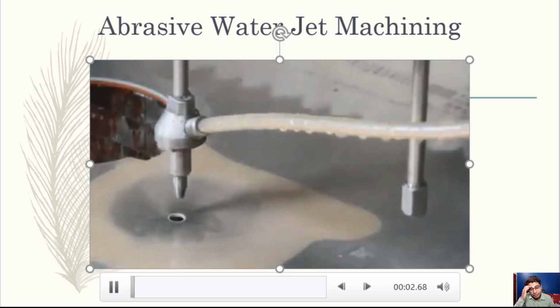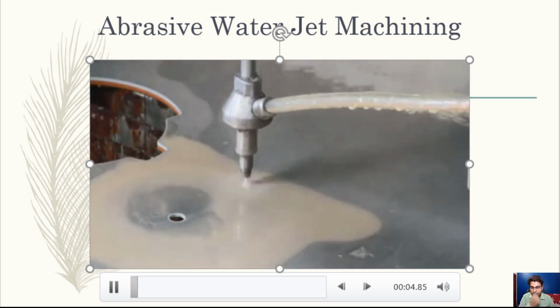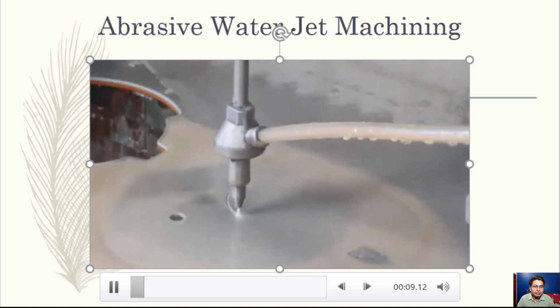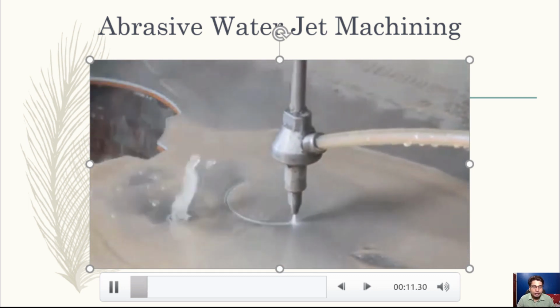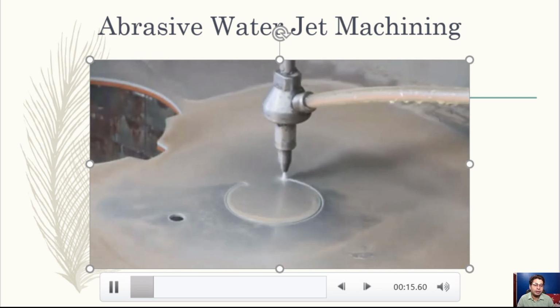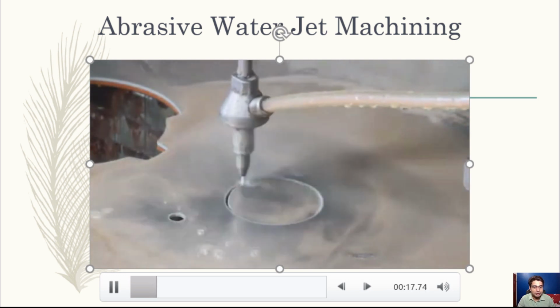This is the cutting process. The slurry which is coming out of the nozzle is an abrasive water jet, which is a water jet mixed with abrasive particles.